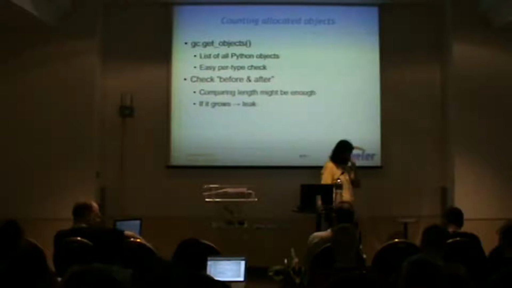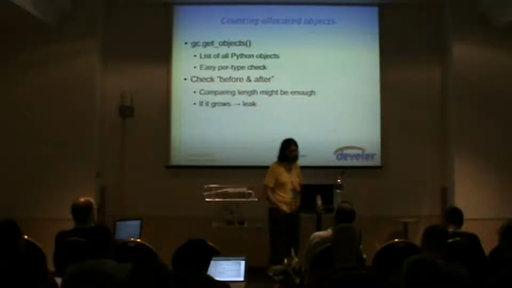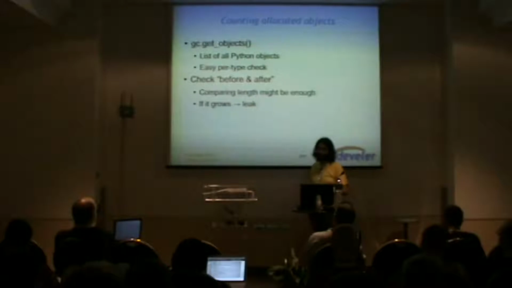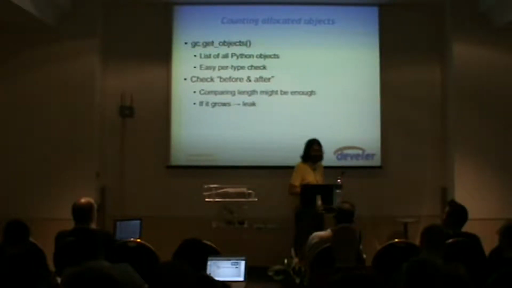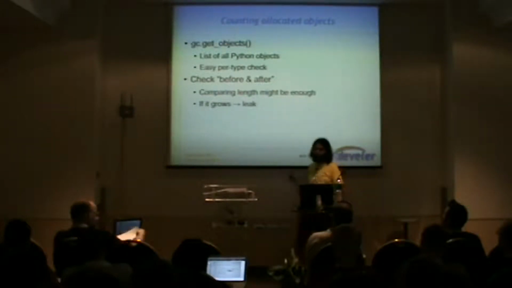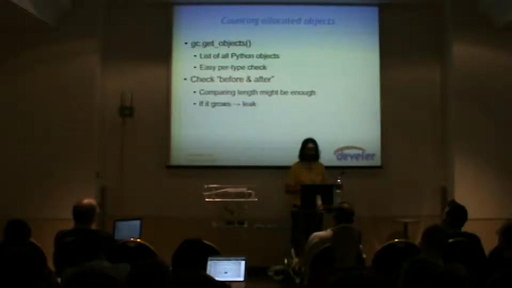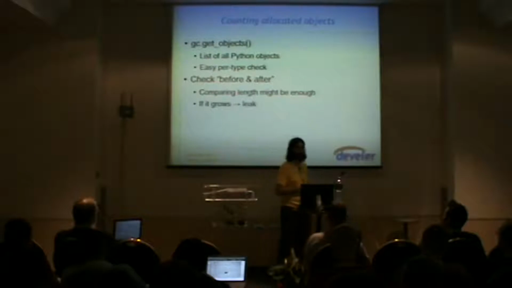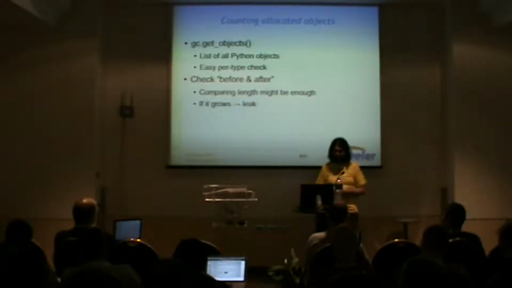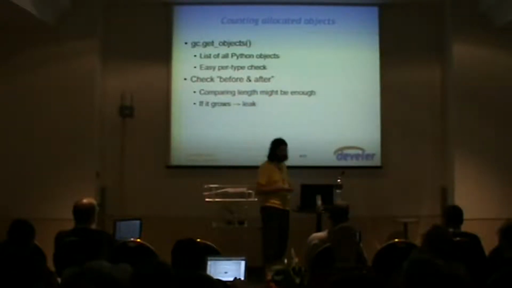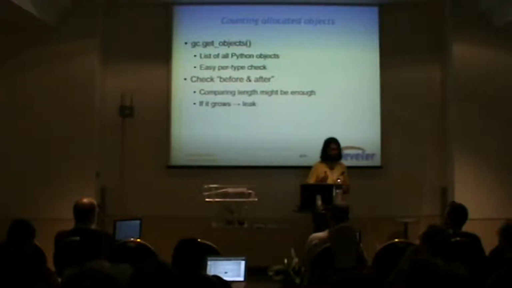How do we see how many objects we allocated in Python? We use this function. This function is in module gc, which is a standard module of the Python library. This function is very nice because it gives you a standard Python list with all your objects in it. So it's just a way to get a list of all the objects the CPython interpreter knows about. But of course, having such a big list, it's probably not very useful, but there are still some nice things we can do with this list.